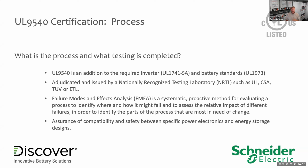what it is, first, the table stakes are that the inverter meets the appropriate standard for power electronics in a residential stationary application. And that's specific to that requirement for power electronics. It's UL 1741 with the SA standard. Okay, the battery standard for stationary energy storage is UL 1973, and those are very different in terms of their